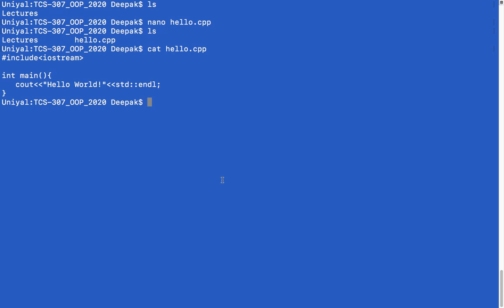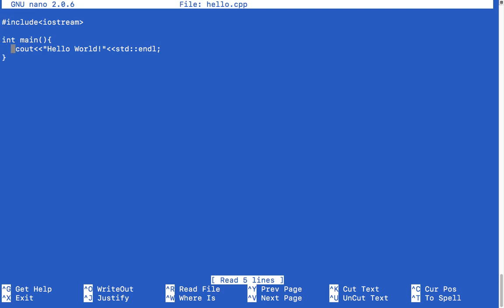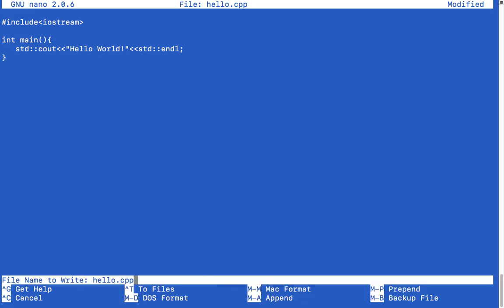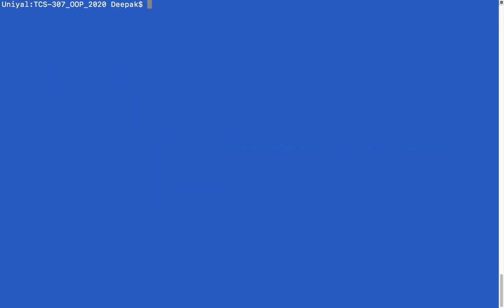So for running the C++ program, what you have to do, you have to first compile this. g++ is a compiler to compile these kind of files. Now you can see I am compiling this file and there is some error. This error is due to this cout. So let me just correct the error, because I have to put std in front of this. Why I have to do this, I will clear it in coming lectures, but as of now you have to just understand that we have to write std in front of that.